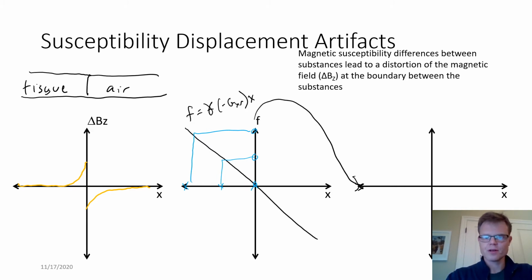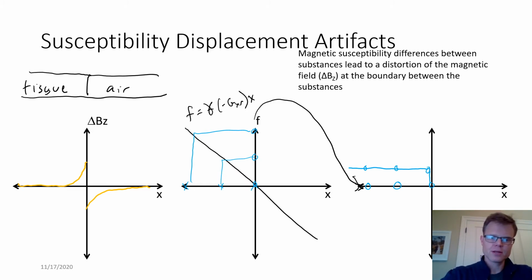We know we've inverted our gradient. So these 3 points in frequency map to these locations in X. Very good. This is how we would normally expect frequency encoding to happen without this change in the